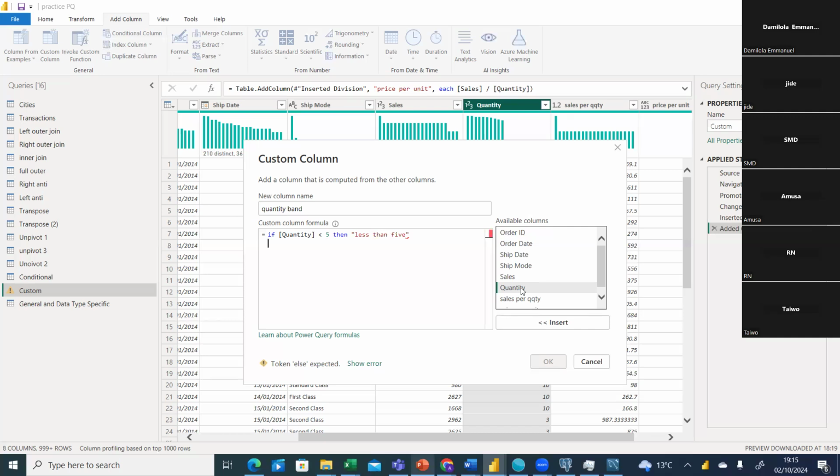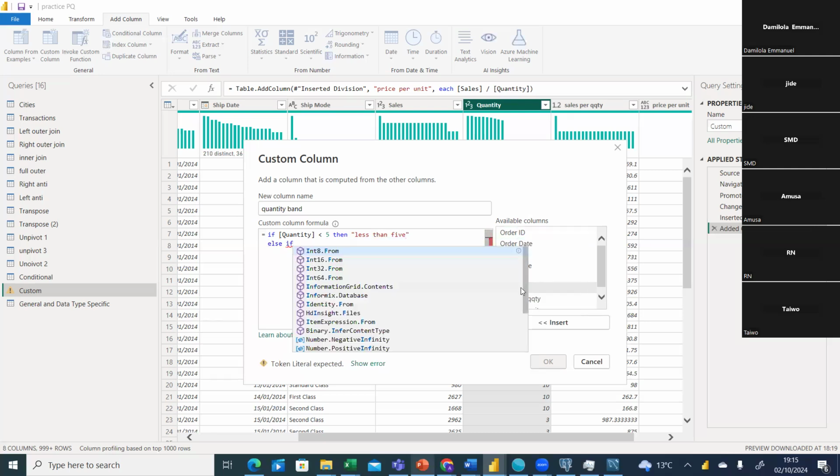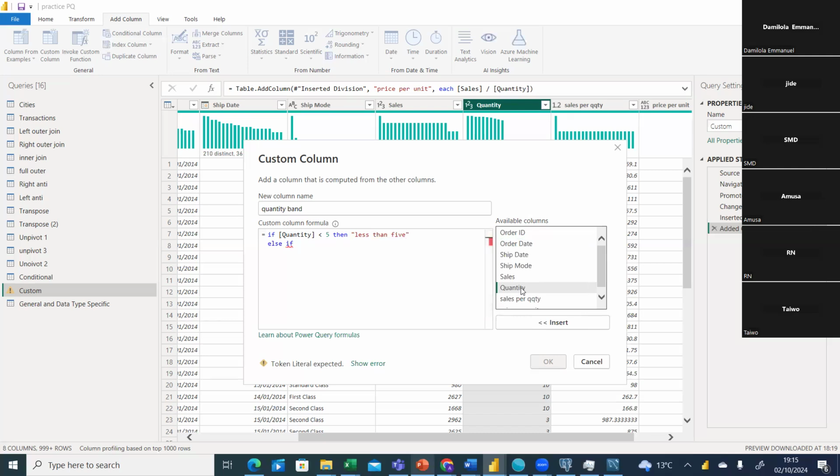Then don't forget, after if, the next thing is else if. Remember how we did it when we were using conditional columns. After if, the next clause we saw was else if. So we still follow the same process, the same procedure. Else if what? Same quantity, double click on it,